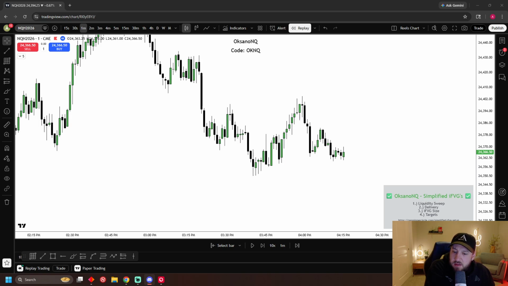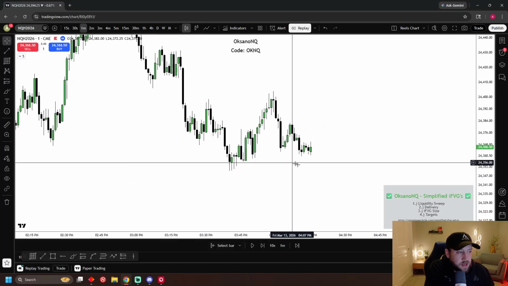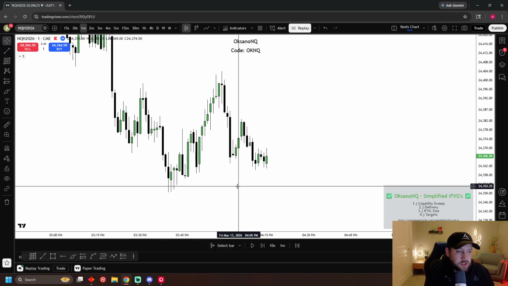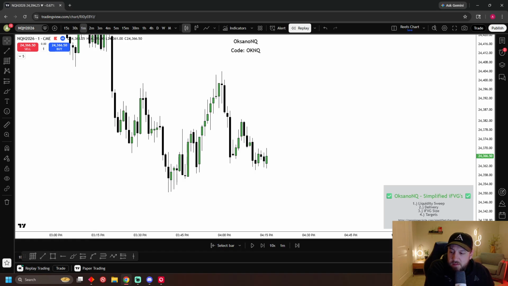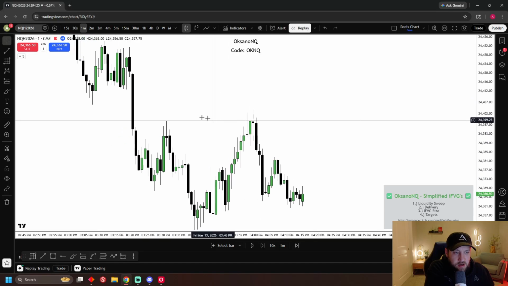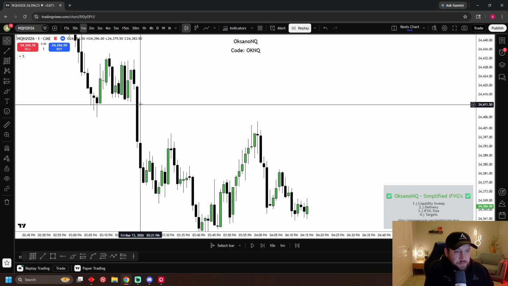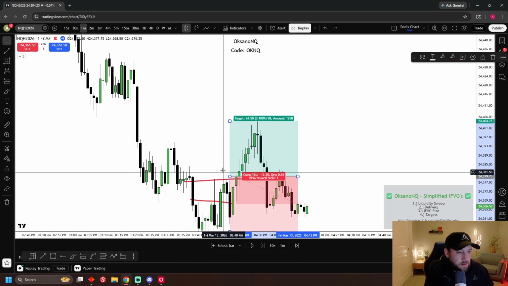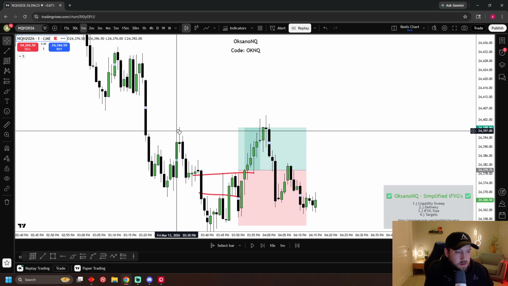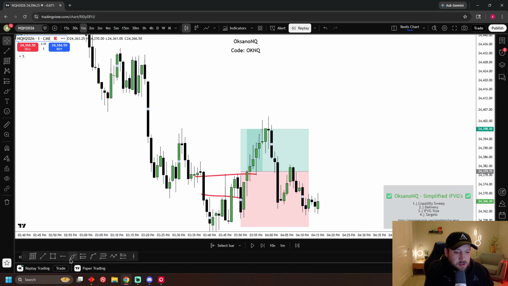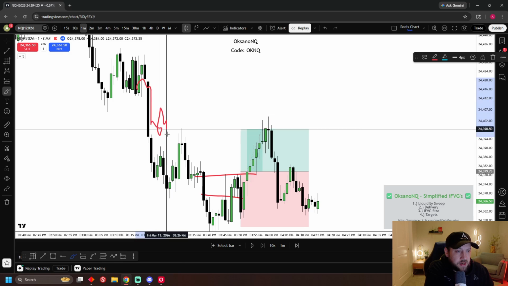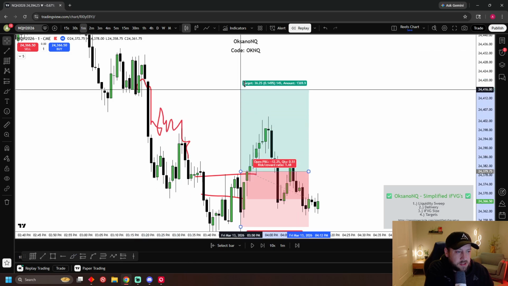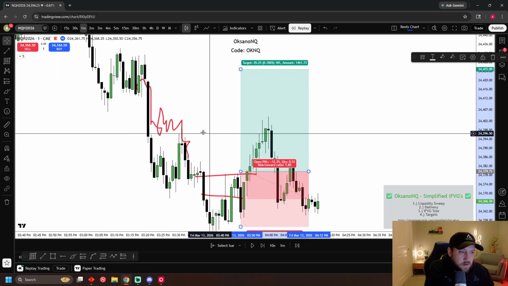Also adding where to scale. Okay, so actually that is going to be very similar to what we just went over. Scaling at ITLs and ITHs are honestly clutch, but only ones where you think that we're going to reject from. So again, like I said, if we were in this setup, we're in this long, right? I would probably scale here because I think that this is a spot where we could reject. If we didn't have any gaps right here and it was just like this, I'm probably not scaling until I'm at 1R, my stop loss.